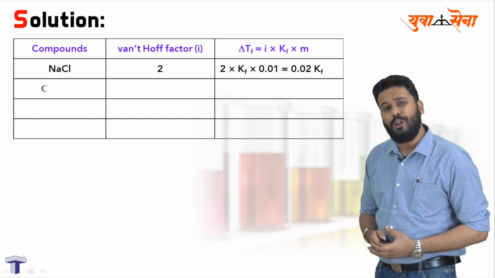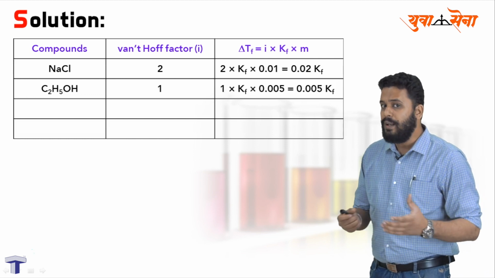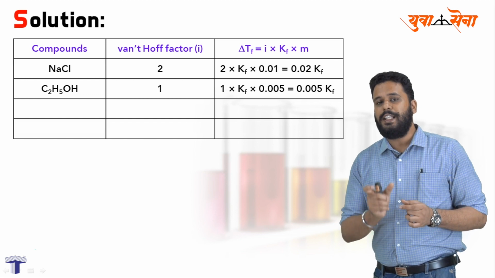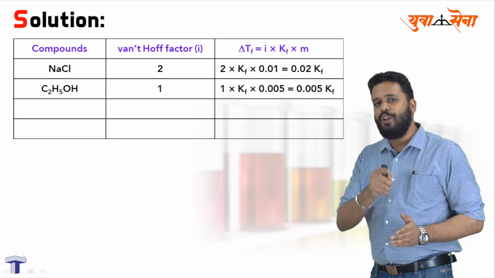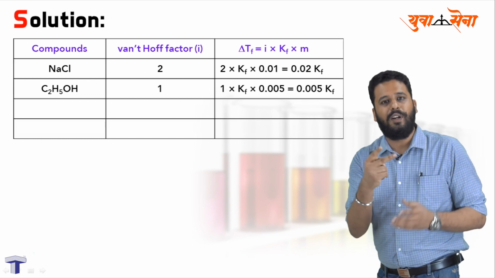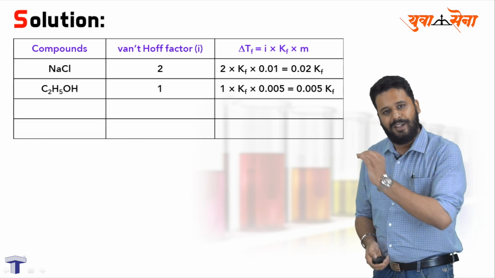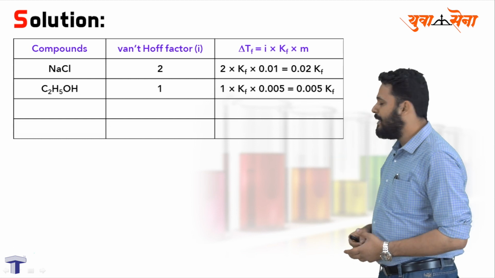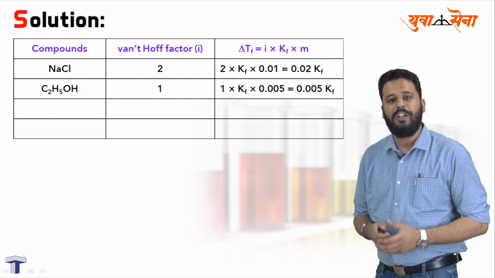If we take the second option, that is ethanol, here the Van't Hoff factor will remain as 1 because ethanol does not dissociate as ethyl and OH. It does not dissociate like NaCl. Ethanol will not dissociate. So the number of molecules after dissociation will remain the same because essentially there is no dissociation. So here the Van't Hoff factor will be 1 and my delta TF, here I will be taken as 1, so I will get it as 0.005